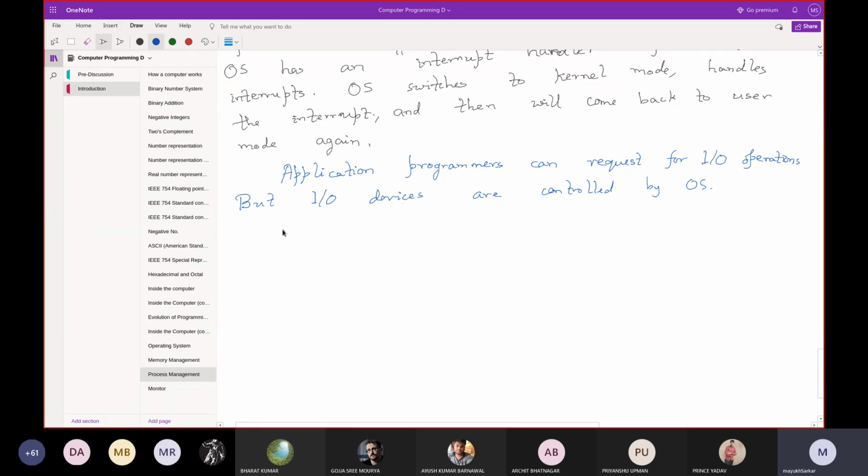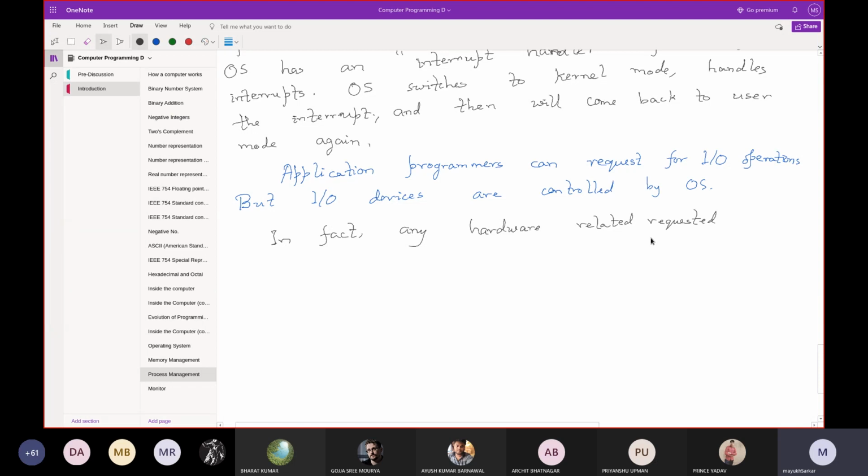Okay. In fact, any hardware related request, like accessing some input device, accessing some output device, or even later on you'll see when I tell you about dynamic memory, that means programs can request some particular amount of memory dynamically when executing. Okay, I'll discuss that later.